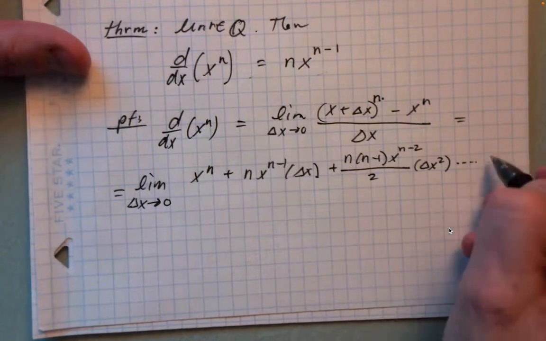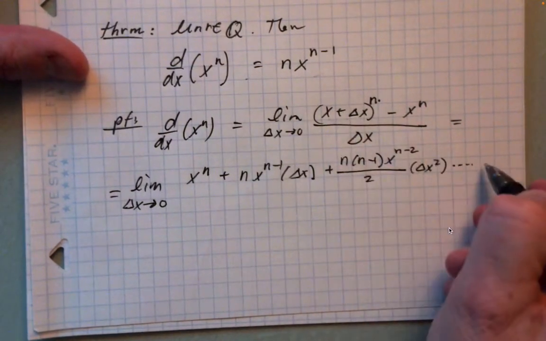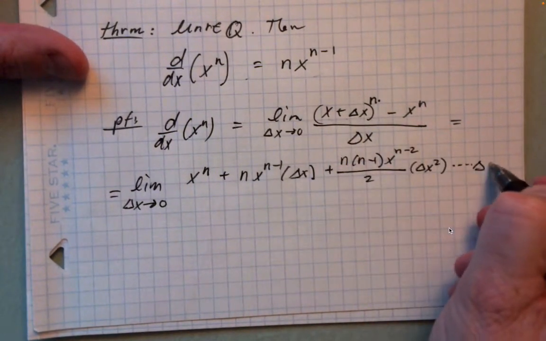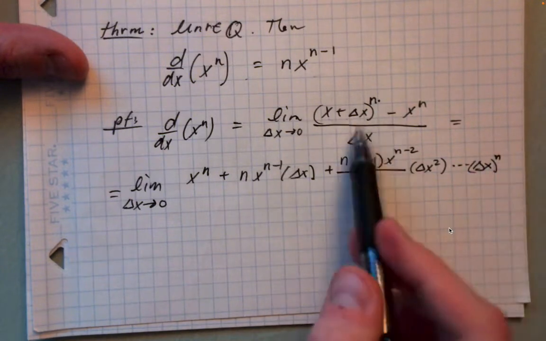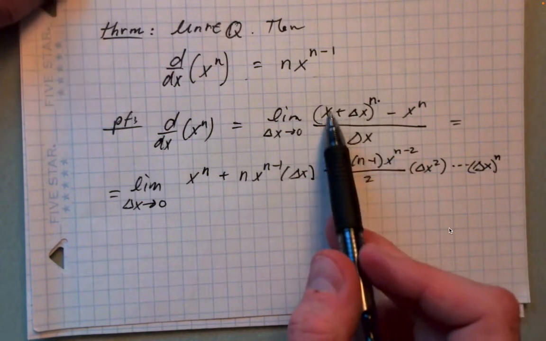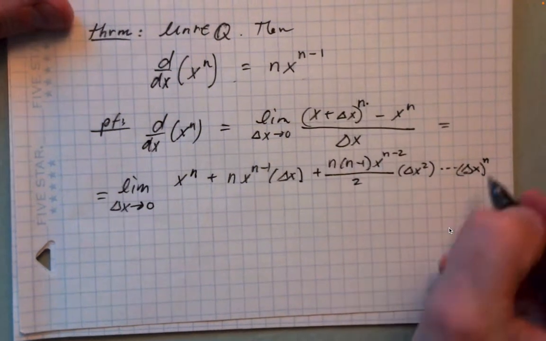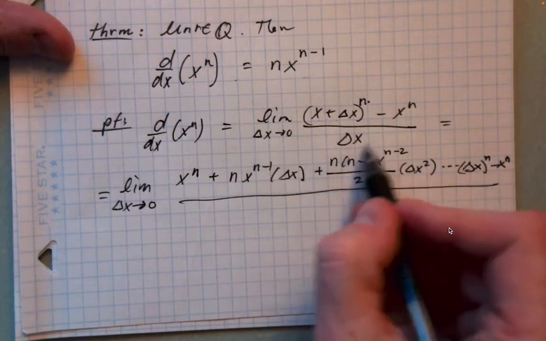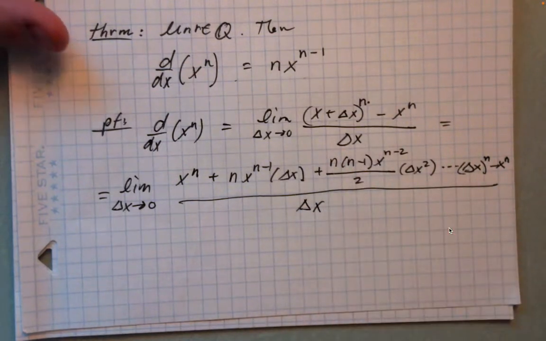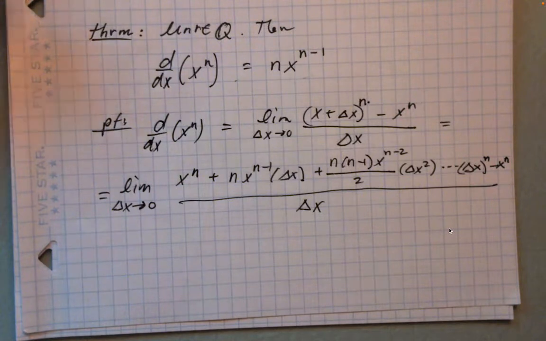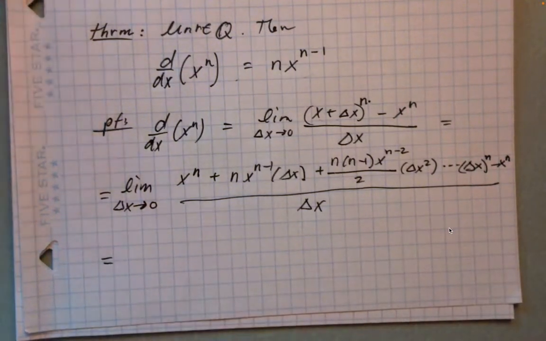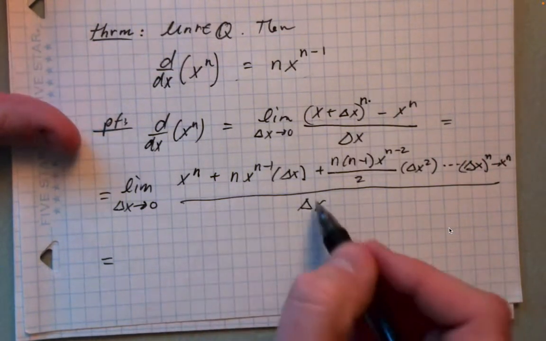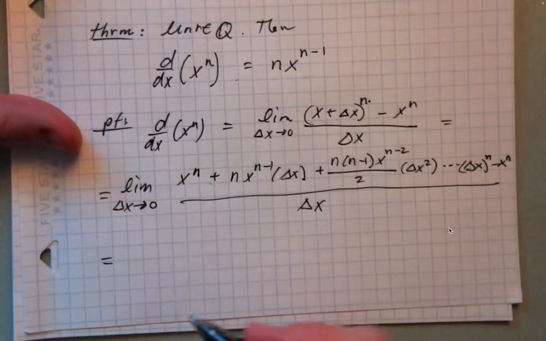And then ultimately at the very end of this piece, you're going to have a delta x to the nth power. That's at the end of this expansion. And then after that, of course, minus x to the n. Let's not forget that. Now that whole thing is divided by delta x. Now, that expression cleans up nicely. Basically, you can divide out these delta x's,